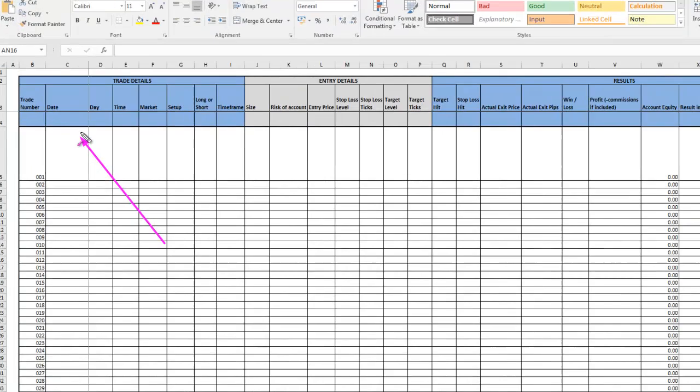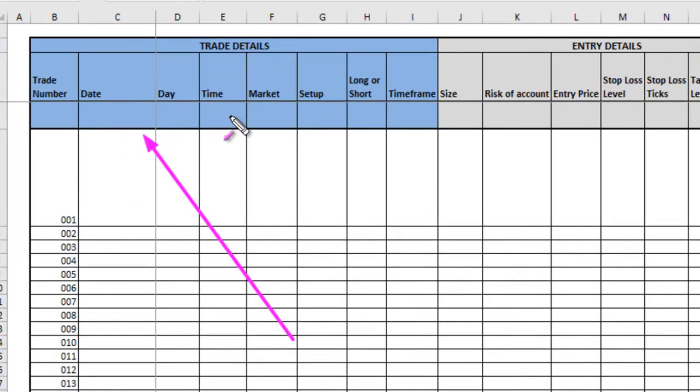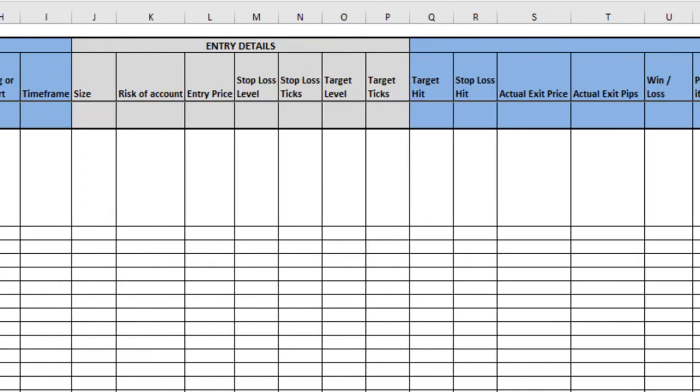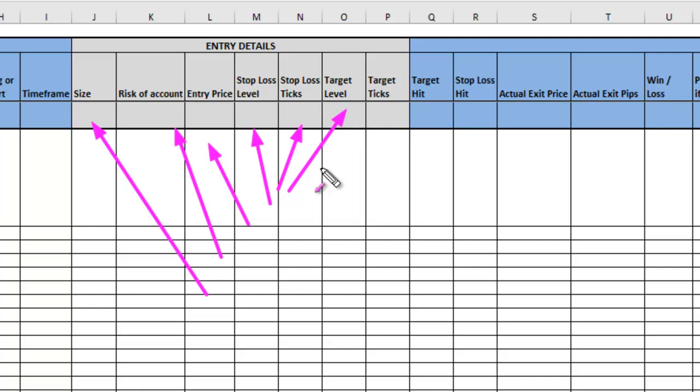When it comes to the trade details here, the date, the day, the time that you took the trade, the market, obviously again in terms of what we're talking about tonight, it's all going to be Bund. The setup, if you trade different setups, whether you went long or short. Time frame may be redundant because for me it's always the same time frame. Then you've got your entry details, so the size you did, the risk of account, entry price, stop loss, where you put it in terms of the price, how much tick stop loss that is,